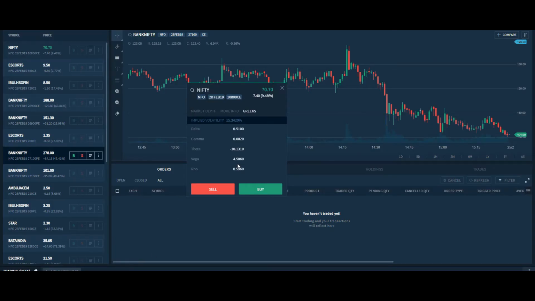Let's understand this with theta for the Nifty call. Say you buy a Nifty call and hold it, expecting the market to go up to 10,700 to 10,800. So every day when you trade on this particular option,